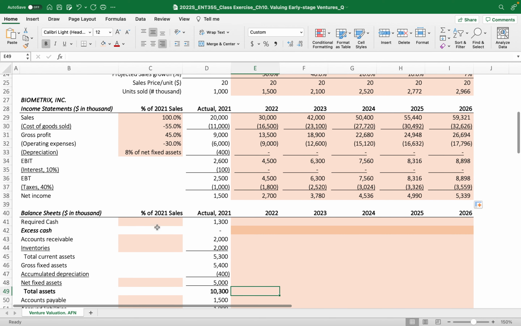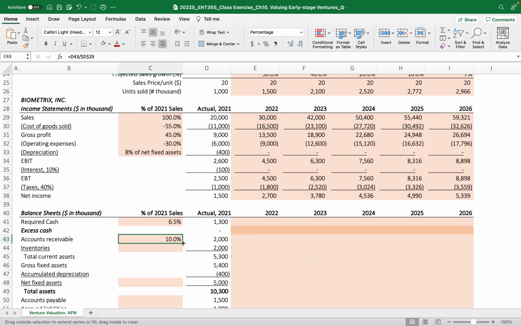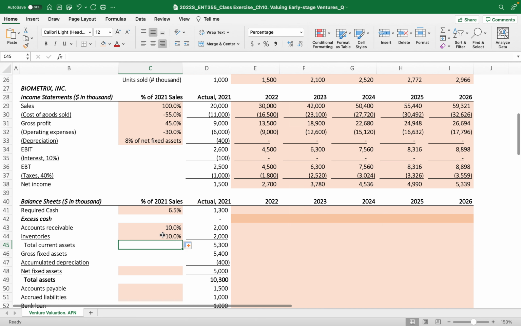Okay, we still use the percentage of the sales, right? This percentage of the sales, and then the accounts receivable also based on the percentage of sales. So the 10% of accounts receivable, inventory. Then why can we use this? Because